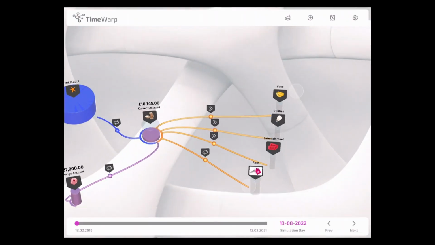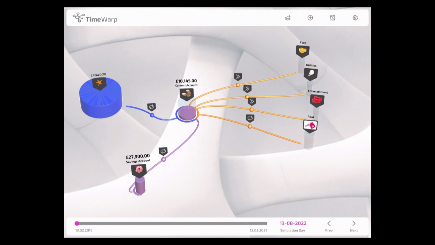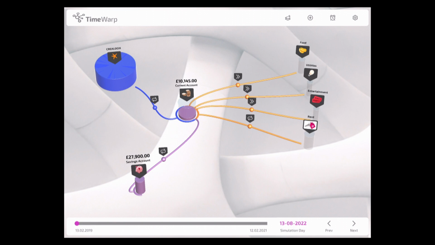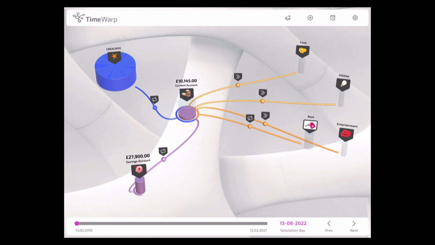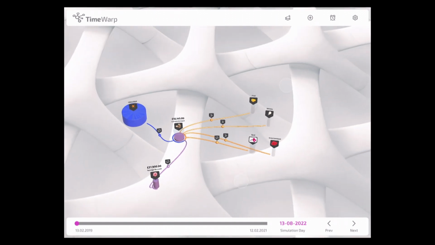Yeah, and why not? Personalization is a very important part of the experience. Yeah, and it looks much better now. And I can also see that the bank's already pulled in my data, so I have my salary right here, I have my current account right here, and from my current account, my expenses are on the right-hand side, my entertainment costs, utilities, and food. And that represents your current reality.